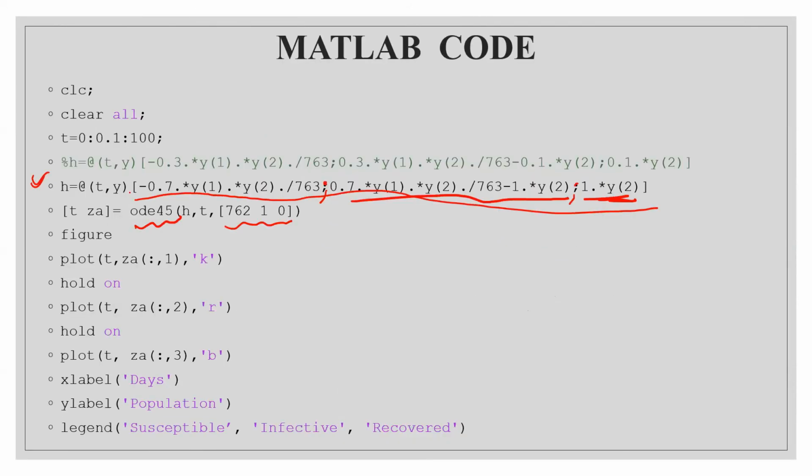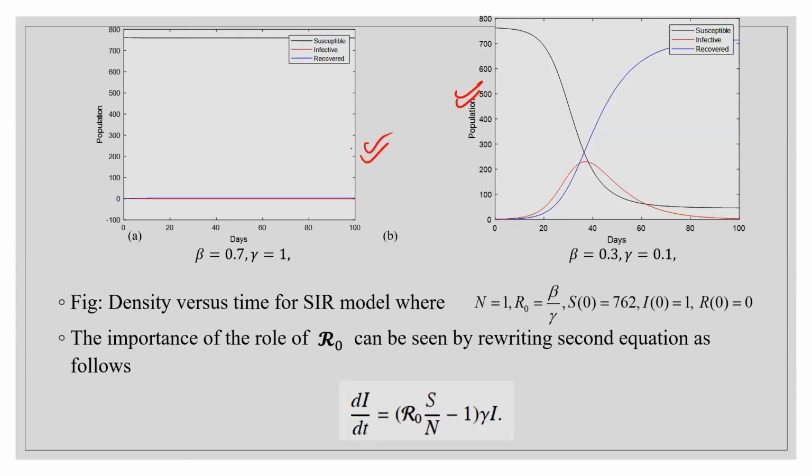If I execute this, see, this is a comment sign. If I take H as this, the only difference is in the parameters. I have changed the parameters over here and over here, and I am getting 2 different results. You can see how important the parameters are. Here beta is this and gamma is this, which means the recovery is much higher, so you can see that infection is going to 0. This red one is for infection. And when recovery is low, you can see that there is an outbreak of disease over here.